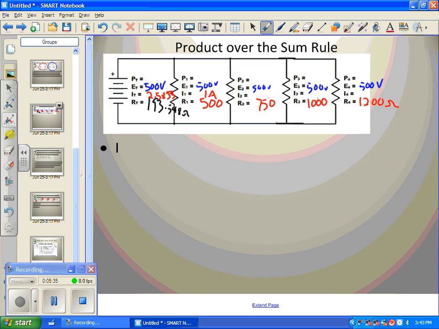Okay? 500 divided by 750 is going to be less than 1, right? 500 divided by 750 gives us a current flow of 0.6666. 0.66 continuously, right? Or 0.666667, somewhere way out there. Now, you know what? I think I can figure this one out. 500 divided by 1,000. I'm not sure, but I'm pretty sure I can figure this one out. Yep, 0.5,